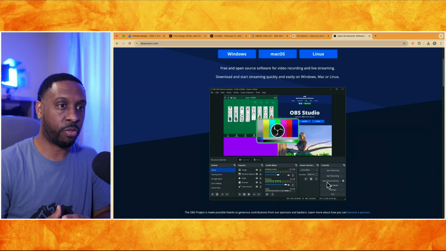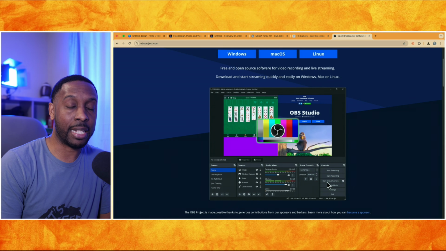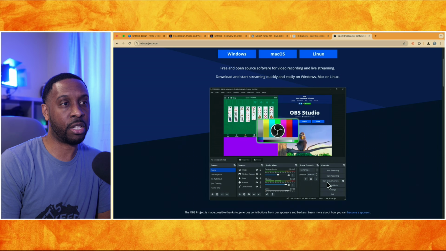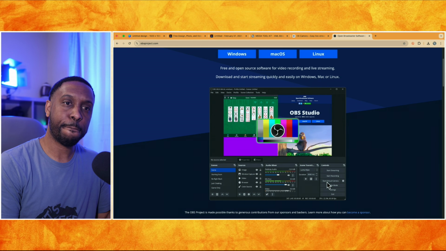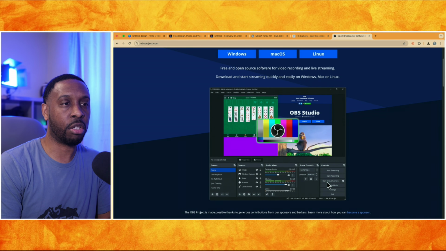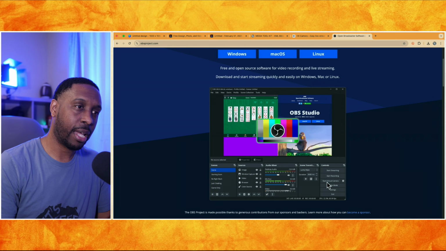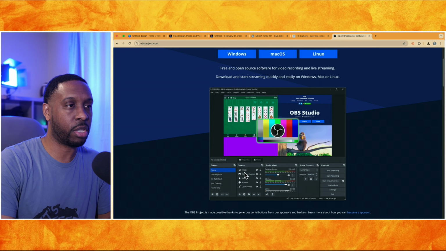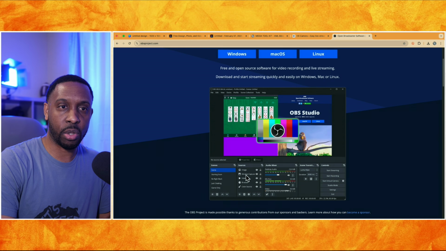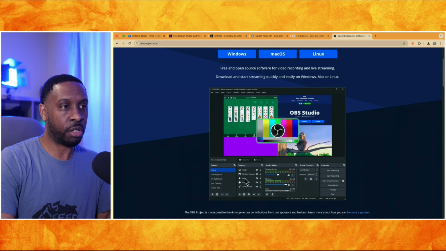So it interacts with FreeShow by connecting through NDI, which would be the best way I would recommend to use it. And you can send your NDI stream from your presentation to OBS. And then you can also send cameras into your computer and route those through OBS as one of your sources. So you have a FreeShow source, and then you have a camera source, your video source, and you